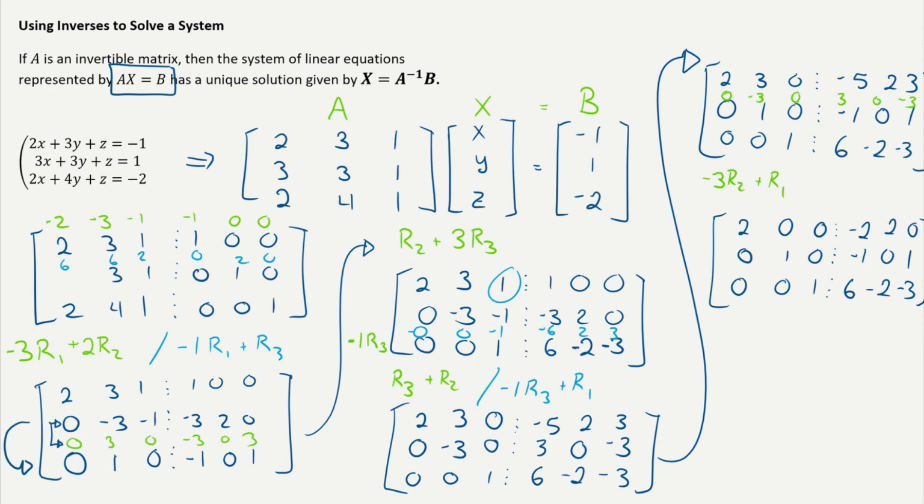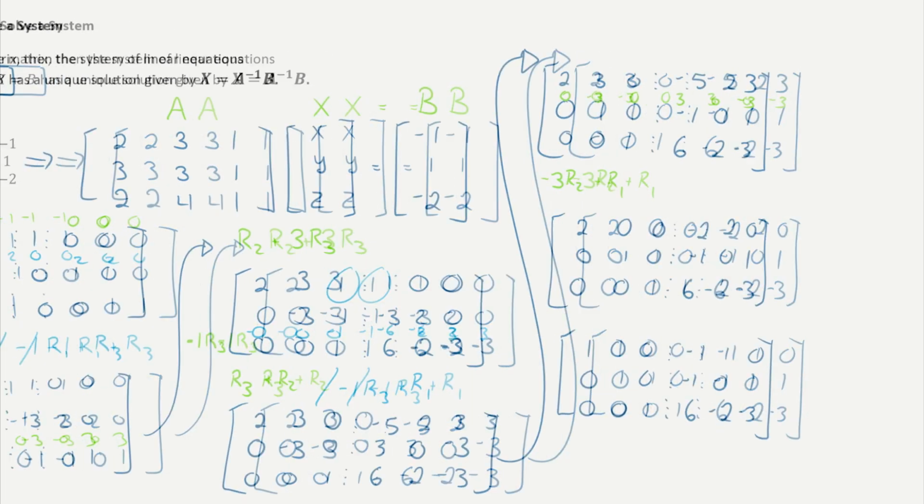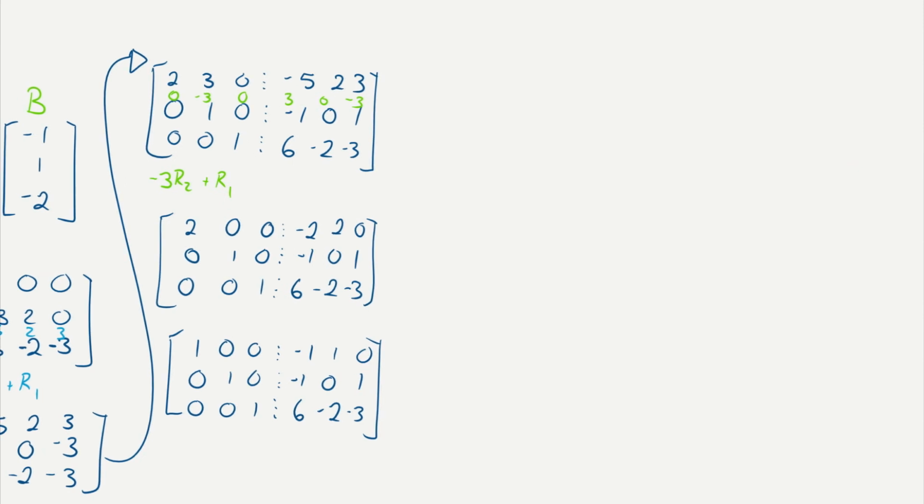Okay, one last step. I need that first row to be a 1. So we divide everything by 2 and I get 1, 0, 0. Negative 1, 1, 0. Hey, look at that. We got the identity matrix on the left side, which means we have found the inverse on the right side. But we're not done yet. Okay, so I'm going to slide over. Our inverse matrix then, A inverse, is equal to negative 1, 1, 0, negative 1, 0, 1, and then 6,